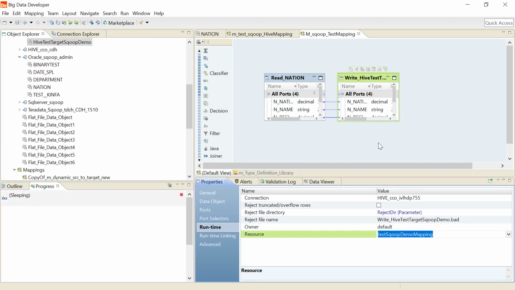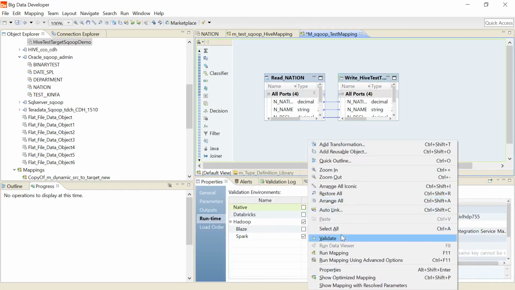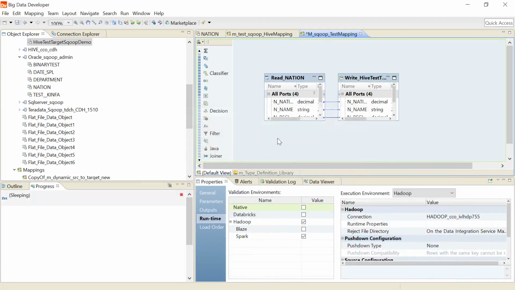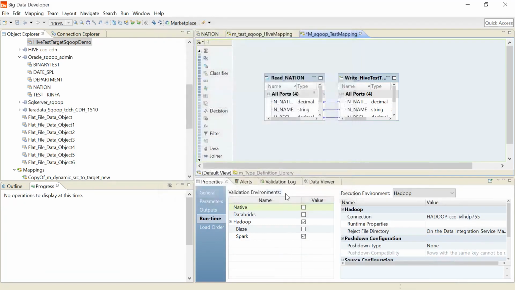Save the mapping. Validate the mapping. And run the mapping.